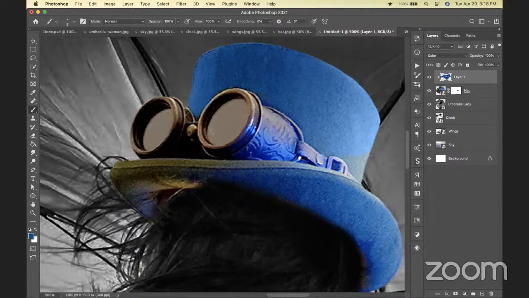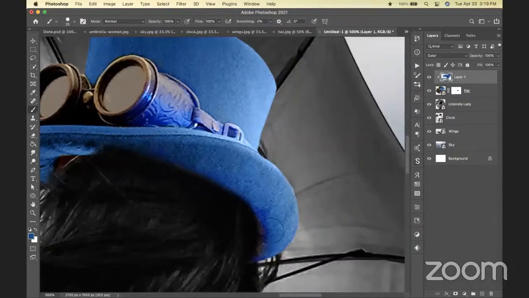So I'm just going to go around, and here's where we can fix some of this. It's also like orange down here. It's very cool, but not what we want for this scene. So I am just painting basically over everything that I want to be blue